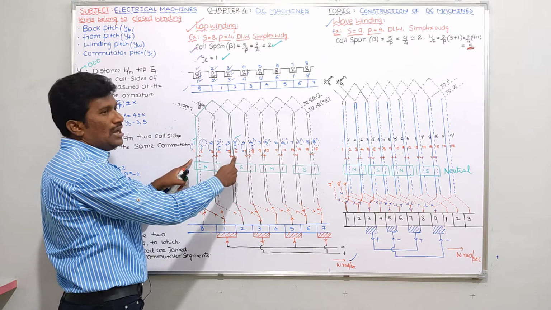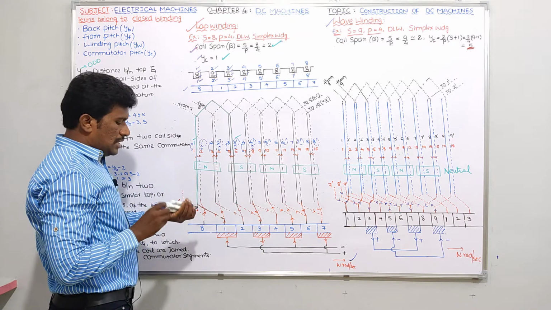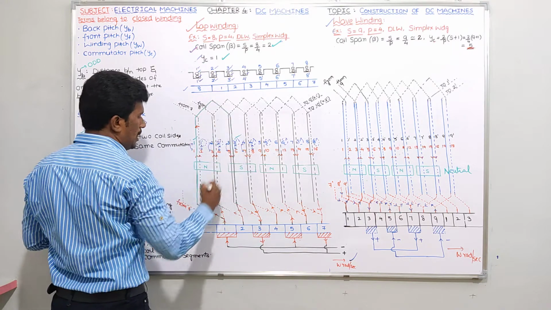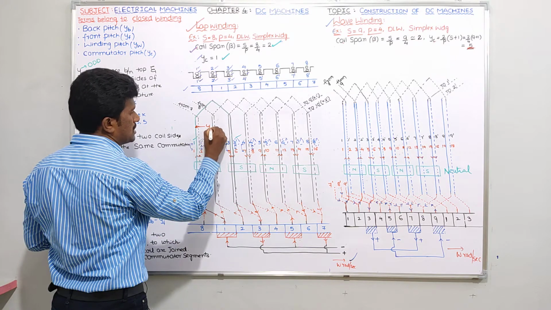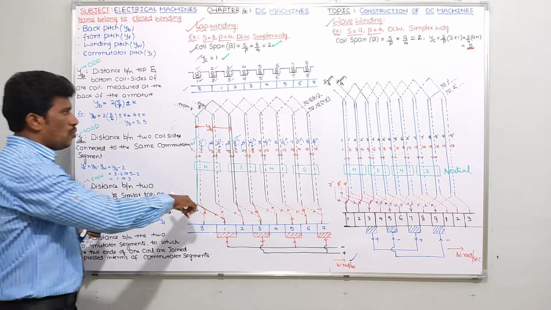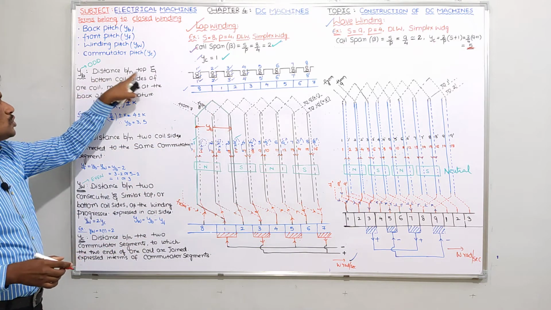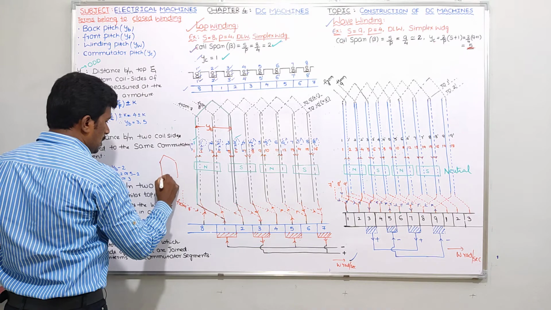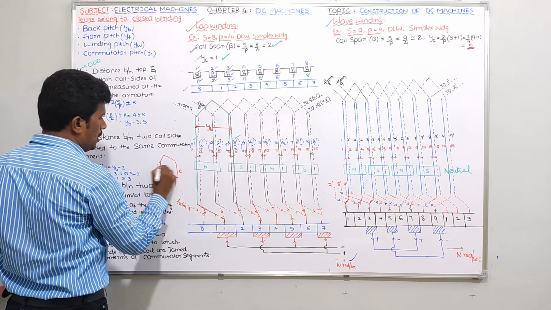Okay. Distance between coil sides of a coil. So tell me guys, in this example, 1, 3 dash is a coil, or I can say 1, 6 is a coil. So from 1 to 6, whatever distance is there, that distance can be called the back pitch. Okay, back pitch. So 1 to 3 dash or 1 to 6 I can say simply. Distance between top and bottom coil sides means what? If you take this coil, this 1, and what about the other coil side? It's nothing but 6. I can say 1 or I can say 3 dash.